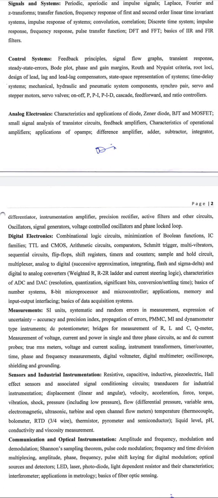Basics of number systems, 8-bit microprocessor and microcontroller, applications, memory and input-output interfacing, basics of data acquisition systems. Under measurements: SI units, systematic and random errors in measurement, expression of uncertainty, accuracy and precision index, propagation of errors, PMMC, MI and dynamometer type instruments, DC potentiometer, bridges for measurement of R, L and C, Q meter,